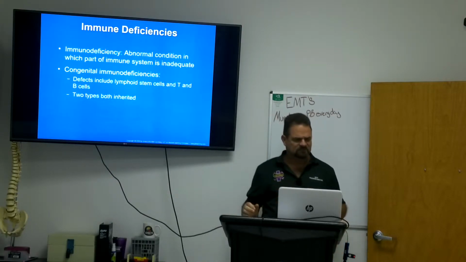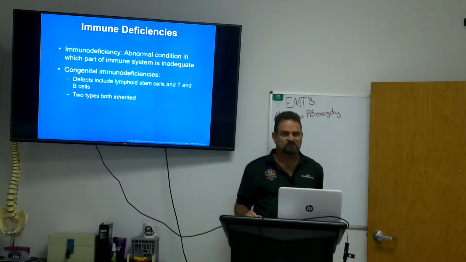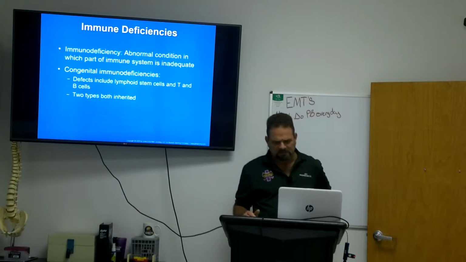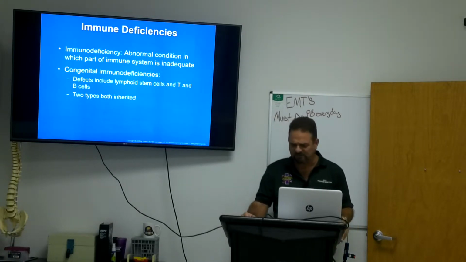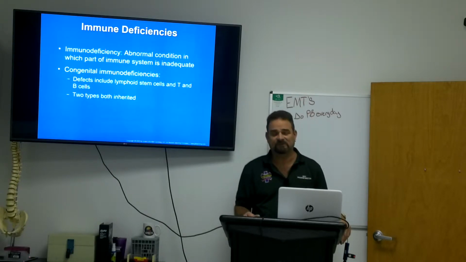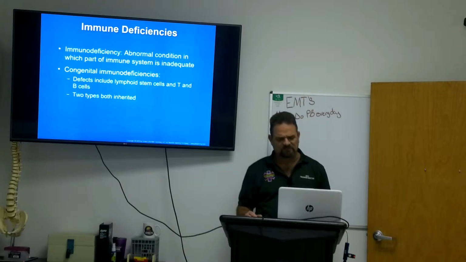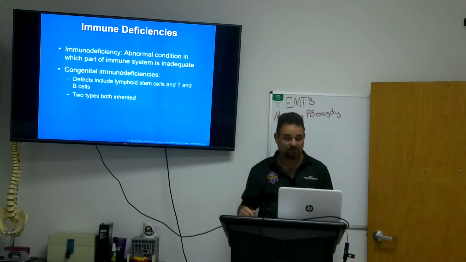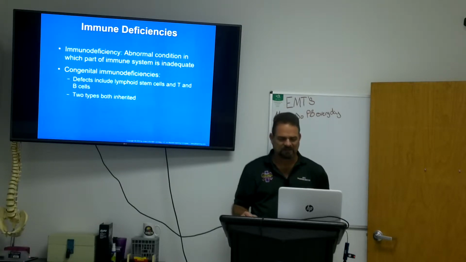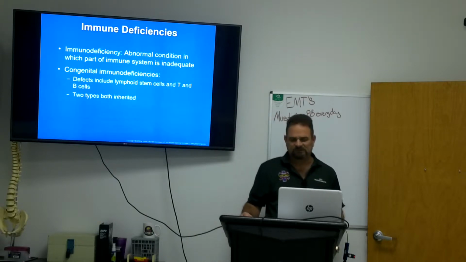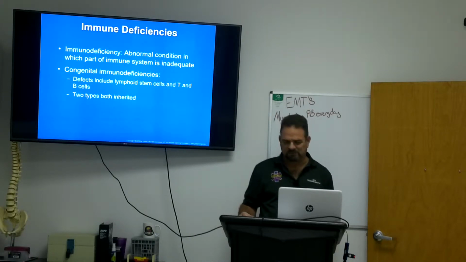When we talk about immune deficiencies, immunodeficiency is an abnormal condition in which part of the immune system is malfunctioning or not working or inadequate. You have congenital immunodeficiencies, which are defects that involve the lymphoid stem cells and affect both the T and the B cells. Both forms of the disease are inherited. They're usually X-linked. XLA is one of the most common forms of inherited primary immunodeficiency and occurs predominantly in males. Bottom line, all this results in a decreased level of all immunoglobulins and mature B lymphocytes being produced. It also decreases the ability to produce antibodies and decreases the ability to effectively protect ourselves against bacteria and other